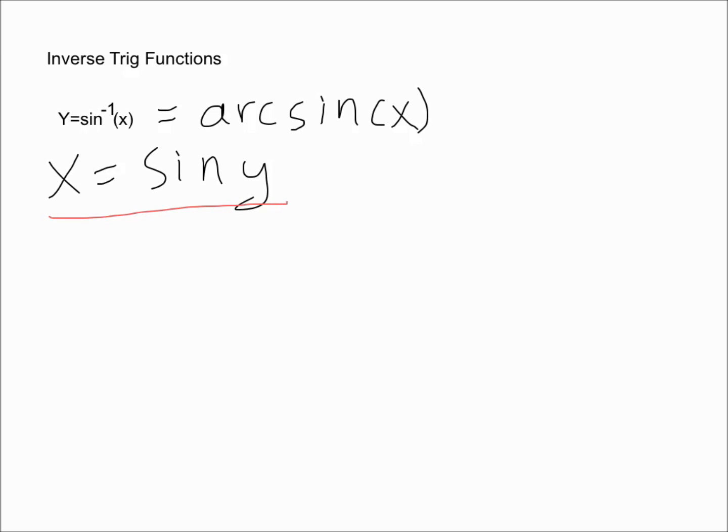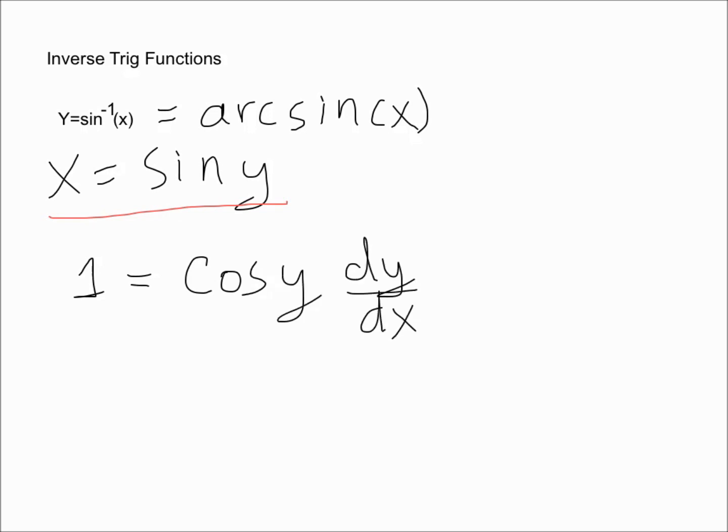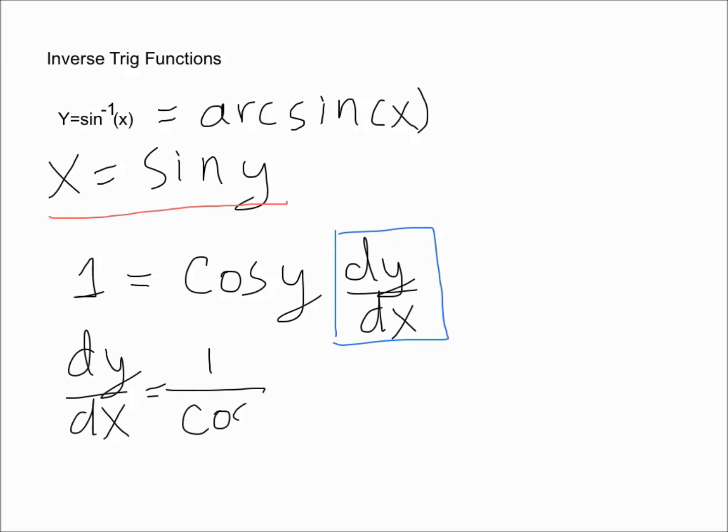We then obtain the derivative of each side, which makes this side 1 because it's d of x over dx, and then it will be d of y over dx, so that will be cosine of y times dy dx, and this is what we want, the derivative of y, which is our function right here. So we make the equation equal to that, so the cosine would be dividing, dy dx would be equal to 1 over the cosine of y,